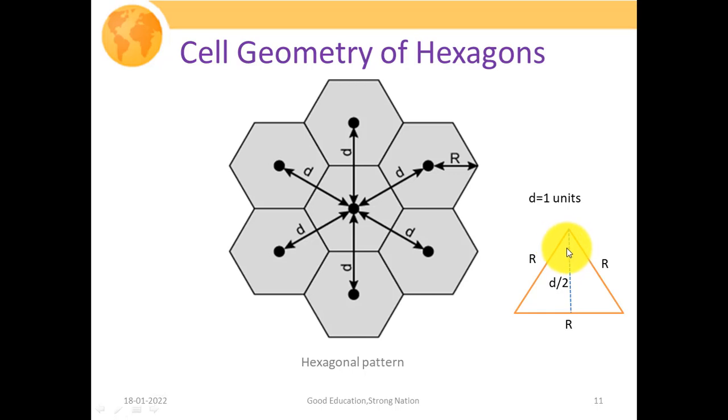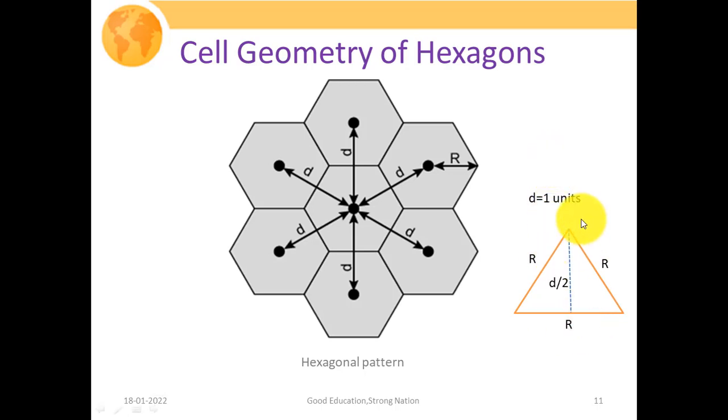If we talk about this particular angle, it is the property of an equilateral triangle that if you drop a perpendicular from the vertex to the base, it will divide the base into two parts, and this is also the angle bisector. So this particular angle turns out to be 30 degree. So if we talk about this particular right angle triangle, this angle is 30 degree, this is your r. So this side d by 2 will be equal to r cos 30. So it means d by 2 will be equal to r cos 30.